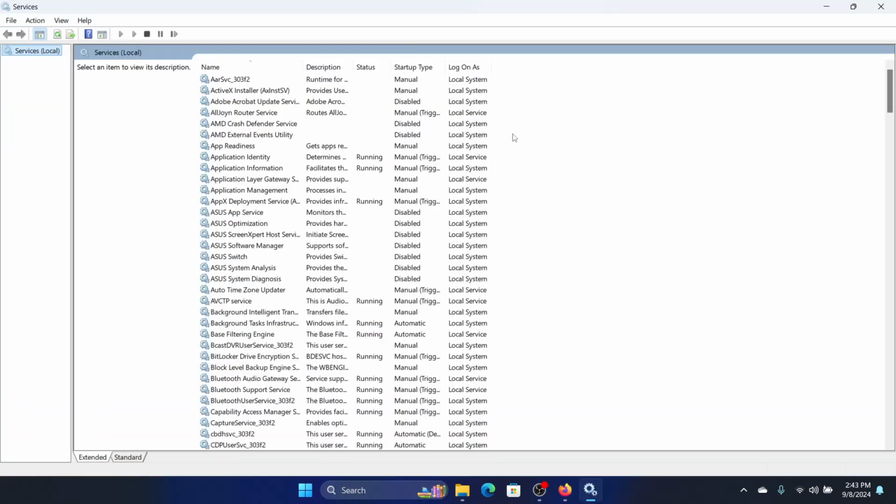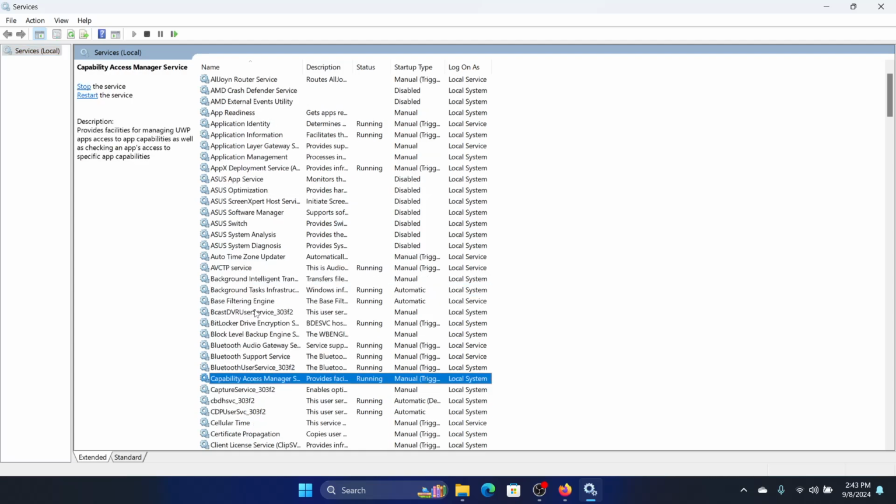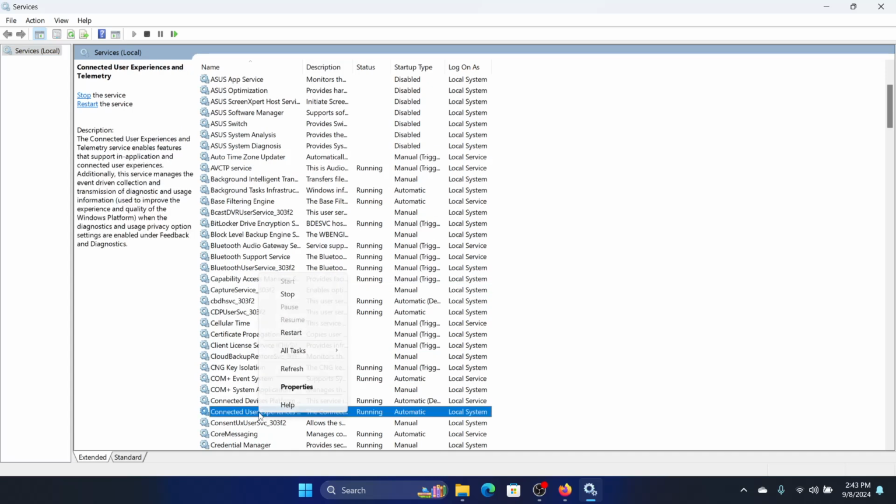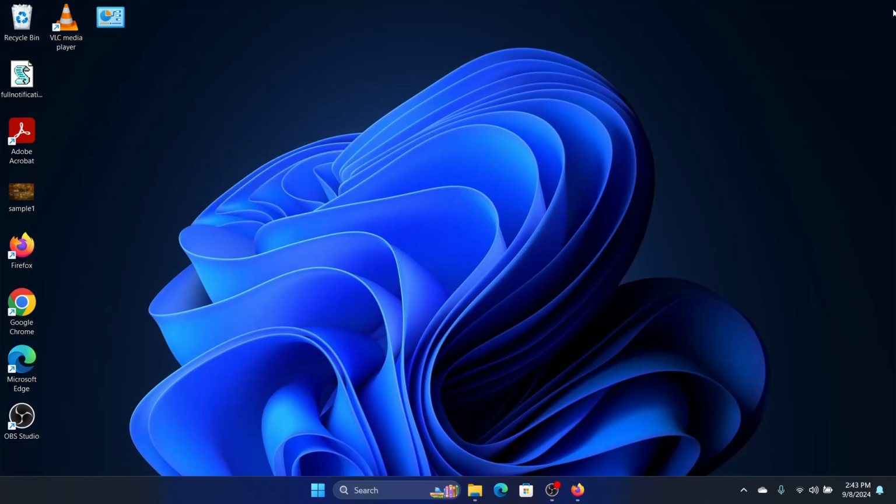So connected user experience service, and for that we need to search for connected user experience service and right click on it and click on refresh or restart. So click on restart, and then we have to restart the computer itself, the system itself, in the clean boot